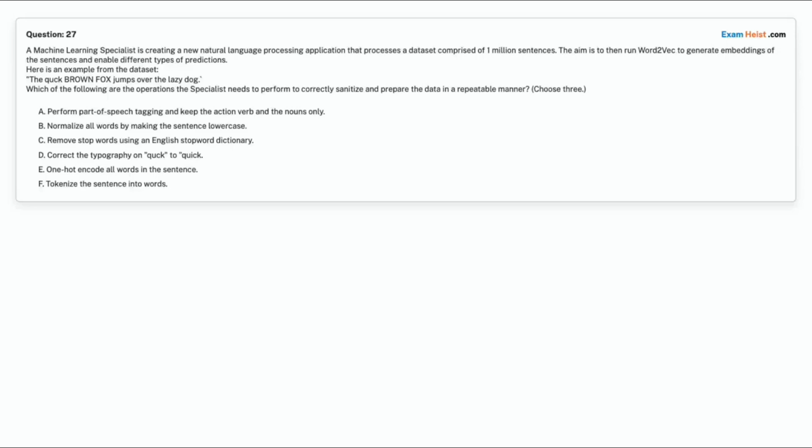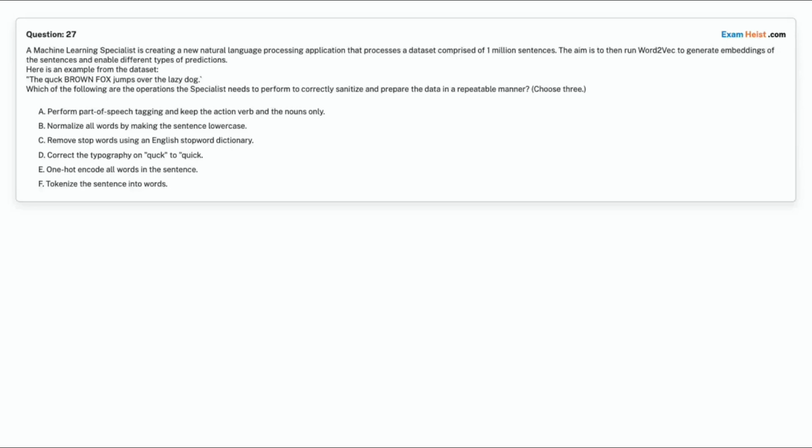The quick brown fox jumps over the lazy dog. Which of the following are the operations the specialist needs to perform to correctly sanitize and prepare the data in a repeatable manner? Choose 3. Option A. Perform part of speech tagging and keep the action verb and the nouns only.